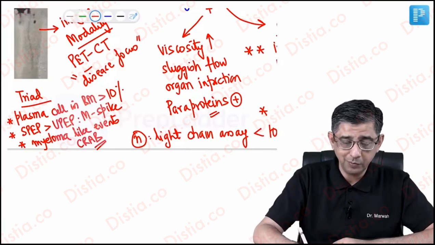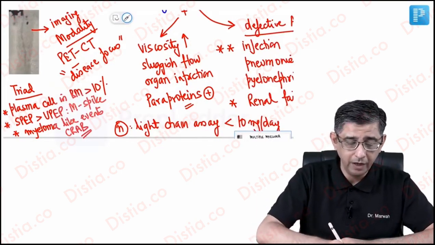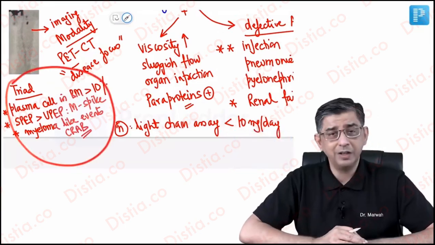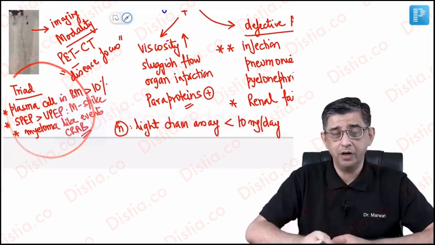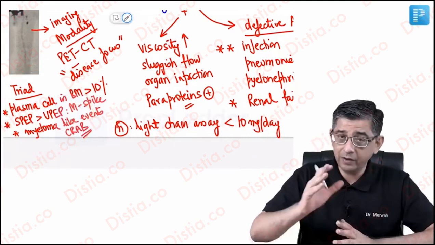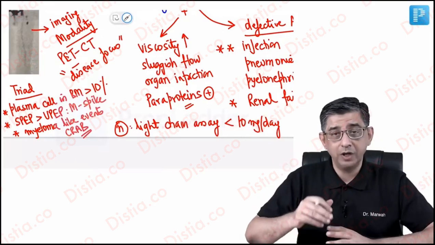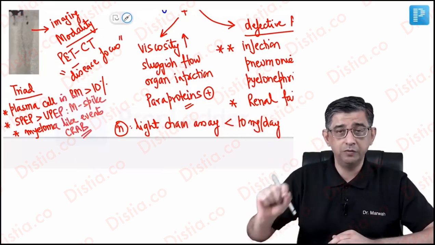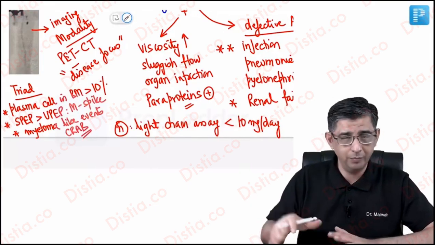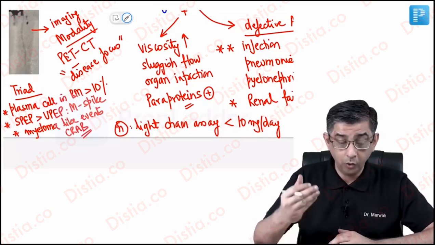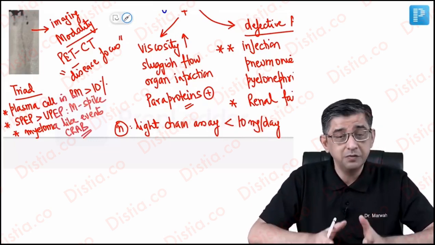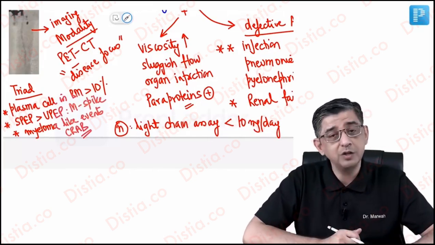And I'm very sure that these points will become even much clearer as we progress in the discussion. But at this moment, I would like to rate this particular triad as the most important part of the discussion per se, because everything that I'm going to say subsequently for terms like monoclonal gammopathy of unknown significance, I know it's a longish term, it causes a bit of distress initially, but MGUS, smoldering myeloma, all of those terms are based on this fundamental definition that I have explained to you.